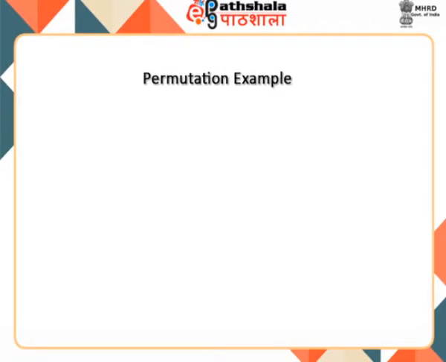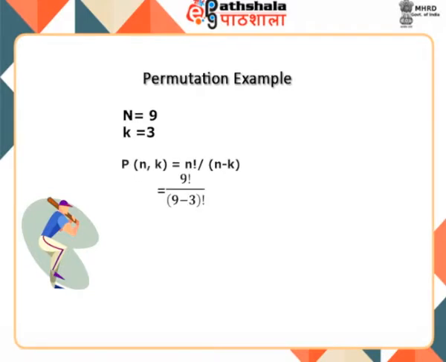Let us take an example to understand permutation. Suppose in a baseball game, 3 players are to be selected out of 9 to play the roles of the pitcher, first base hitter, and second base hitter. The total possible ways to select 3 players is given by, substituting the values we get, the total possible ways are